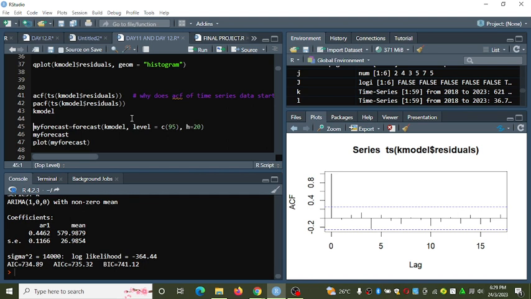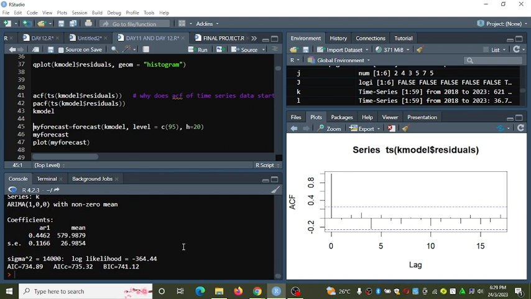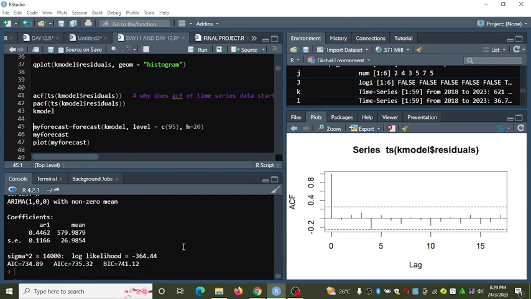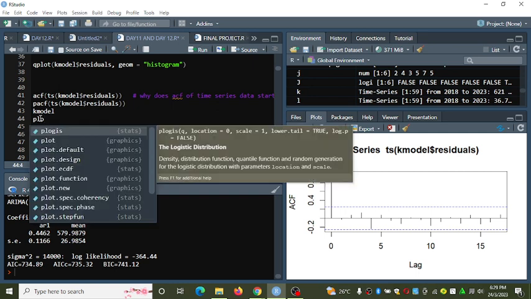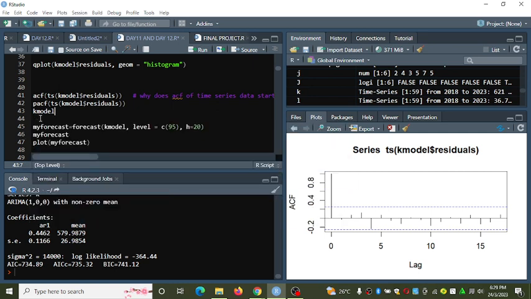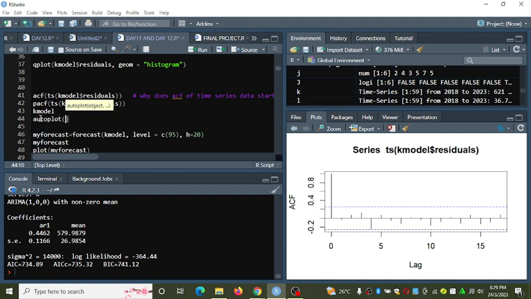Now remember, this is our model. From that point we can now forecast our model. Let's see our original plot. So we have the plot.